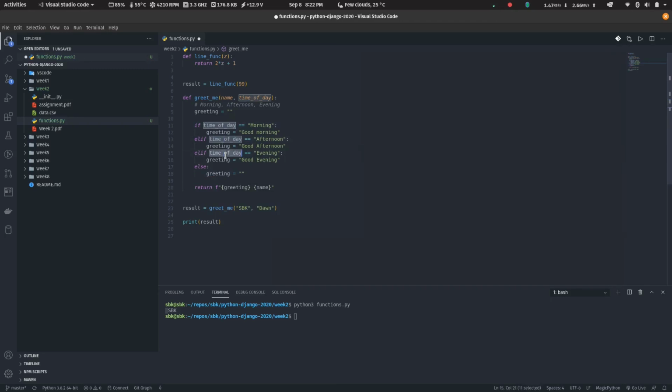That one is up to you. If the time of day is not morning, not afternoon, not evening. Usually when you're writing code, you have certain things that you're matching against, right? For instance, if you're saying the weather is sunny or rainy, and the user doesn't input sunny or rainy and they input something else, what should it do, right? That is up to the programmer to decide. And we're going to say